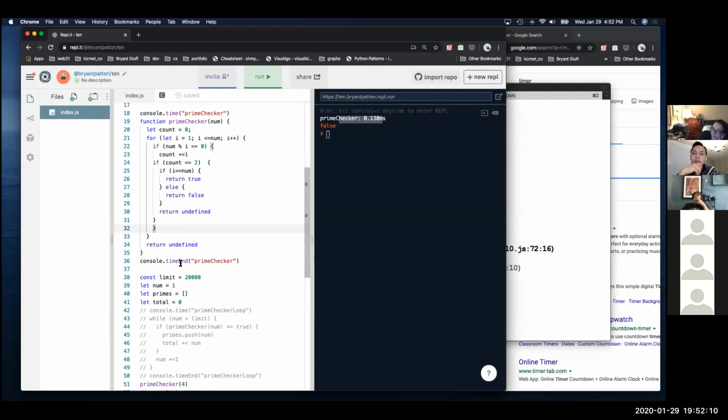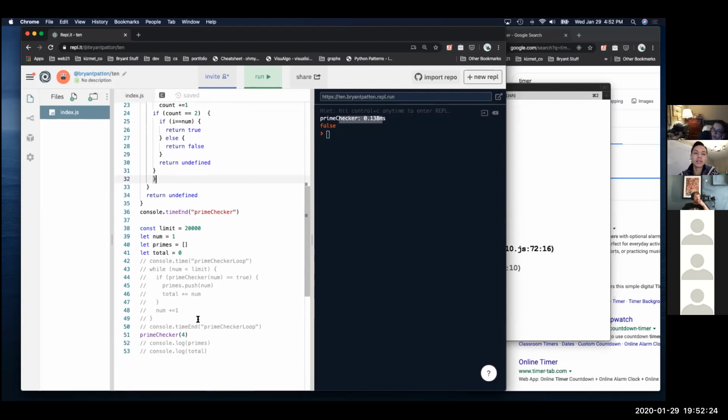You want to put the total along with the prime number into the cache. So the prime number is the key, and then the total is the value. If the key is in the cache, then you can grab the total and just add the new prime to that total. So you prevent yourself from having to do calculations that have already been done. But where do we put that? I have no clue.